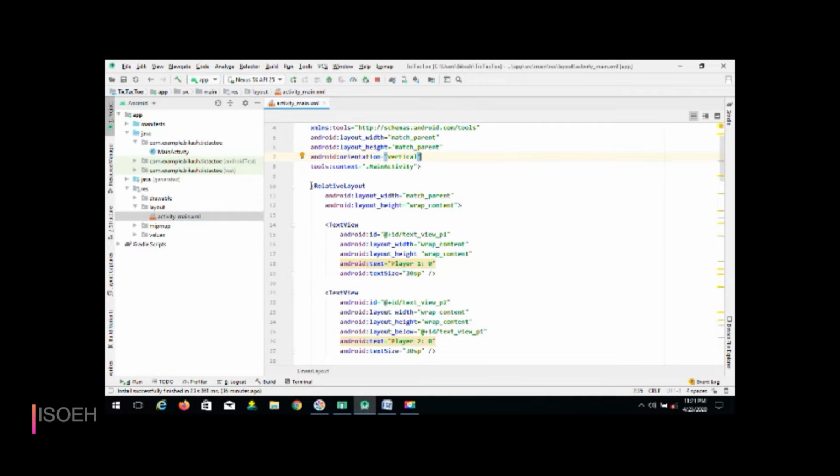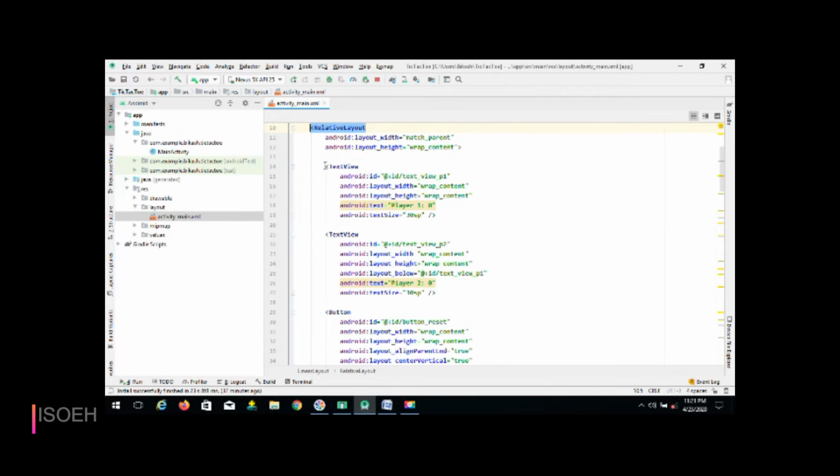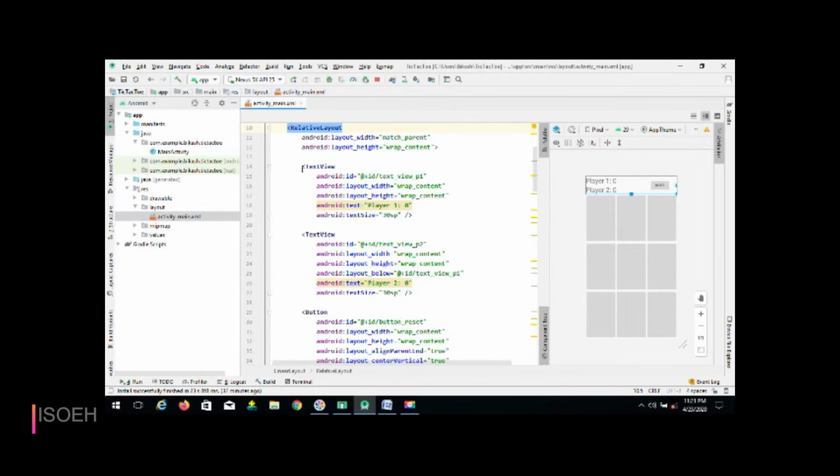After selecting your parent layout, you have to add a relative layout for the header part. Here I create height and width as match and wrap. After that, create a text view for player 1. My design part is this. Here text view is player 1 and text view 2 is for player 2. You have to choose an ID for all controls because it separates one control from another. After completing